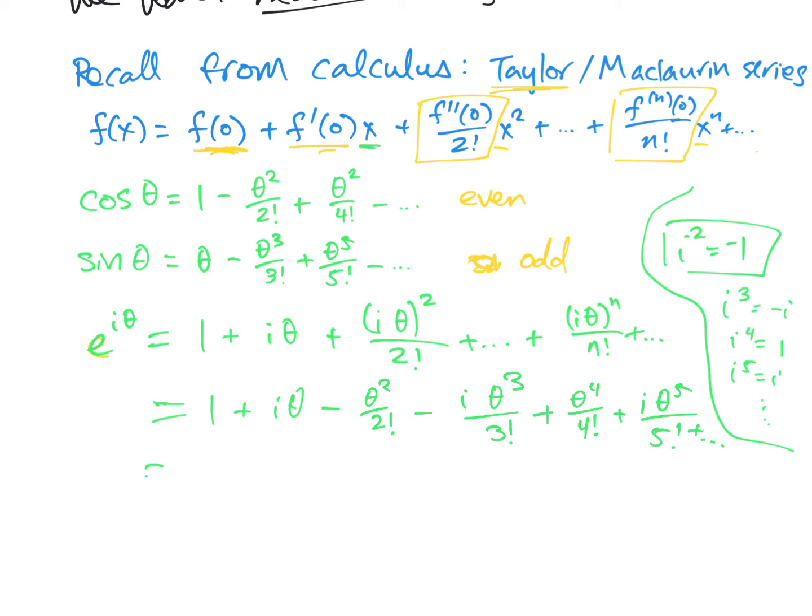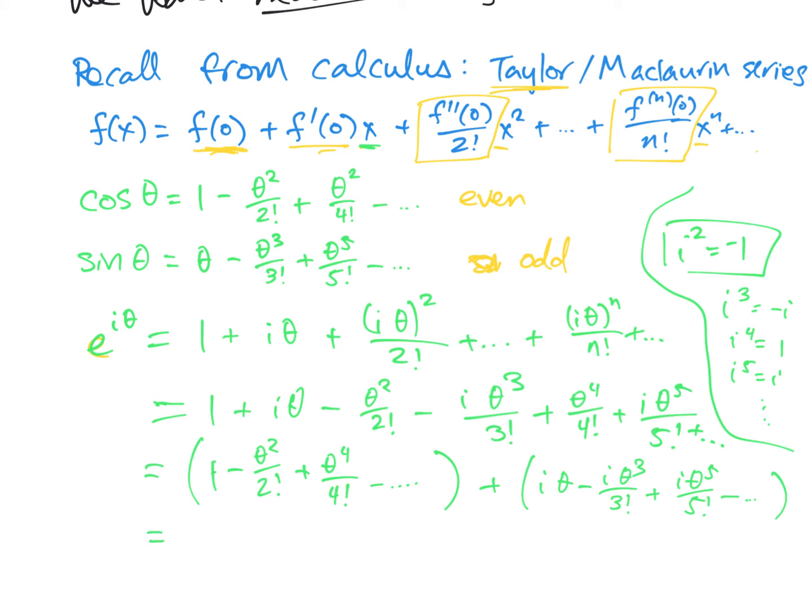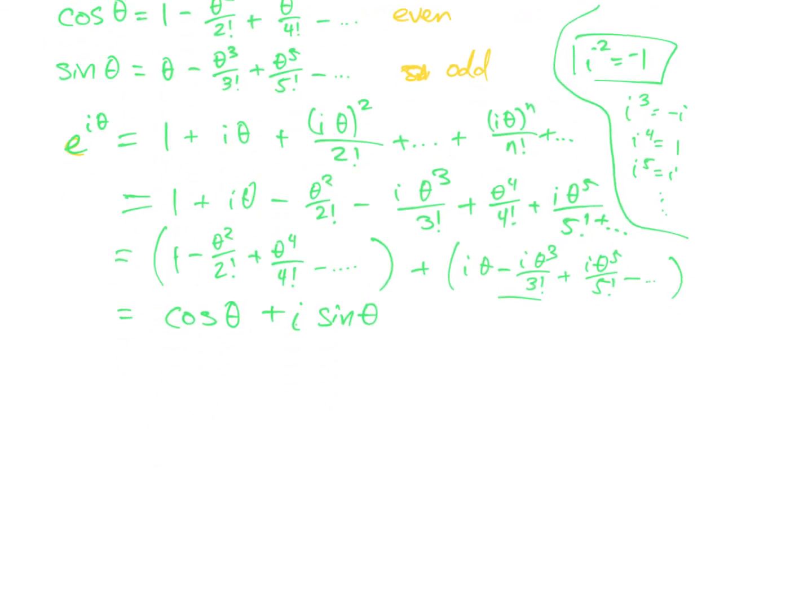Okay, and so if we group the terms that have i in them and then the ones without i, we get this. And we see that we've got exactly the same thing in each term we had before. We get a cosine theta. We can pull the i out of this one. So cosine theta plus i sine theta. Okay, so that gives us